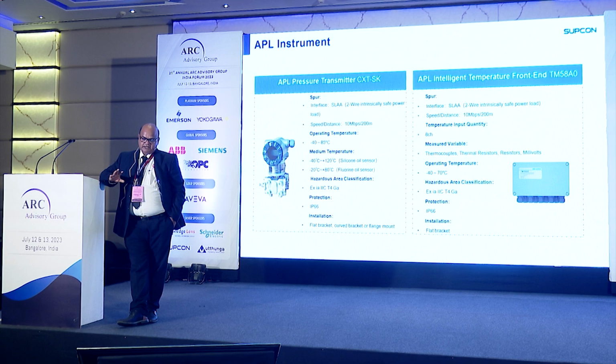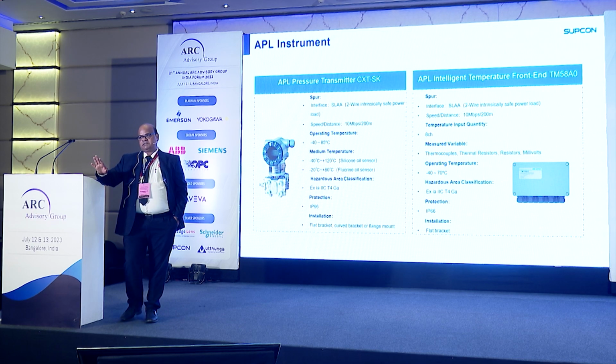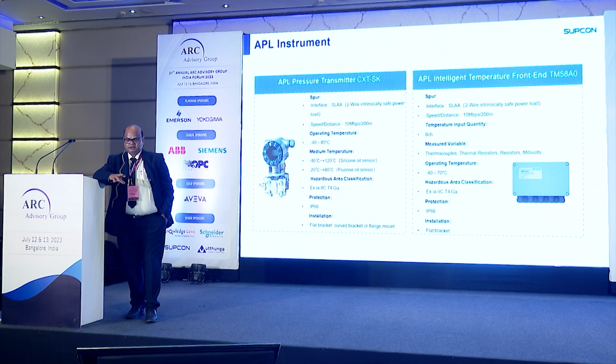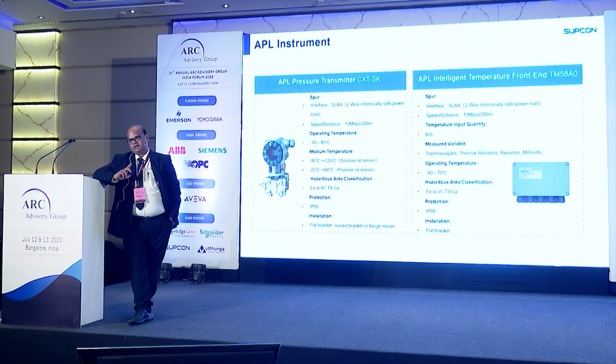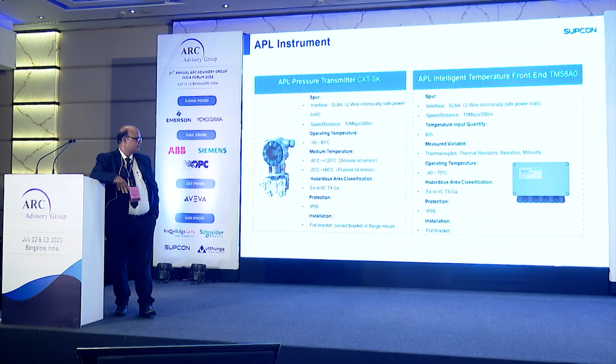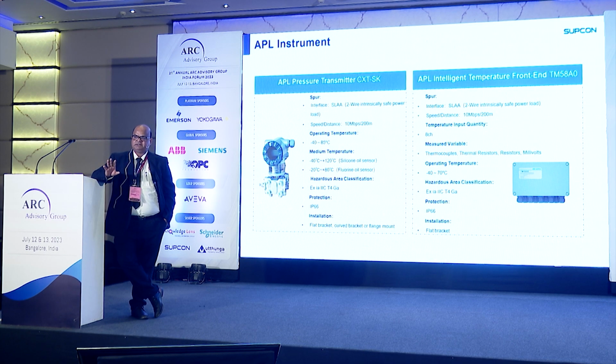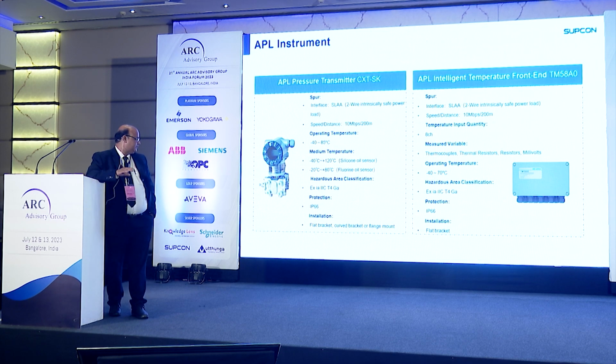Now with this Smart EIO, we connect all these thermocouples to the intelligent temperature front-end module. And from here, we take the normal cable communication directly to our DCS. So that saves us a lot of thermocouple cable, which is also costly. So these are the simple solutions they have given in terms of the DCS, in terms of communication, as well as in terms of the instruments.